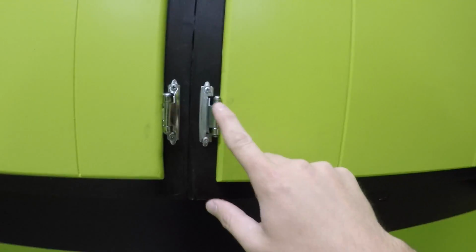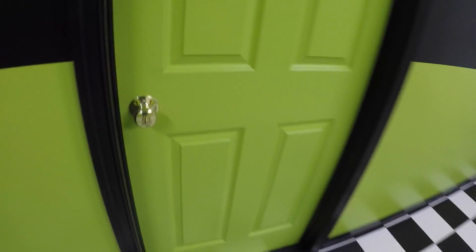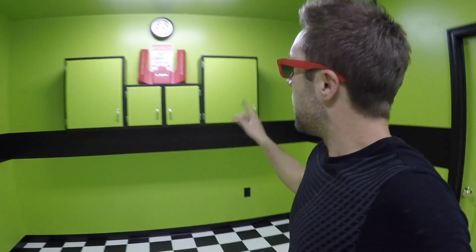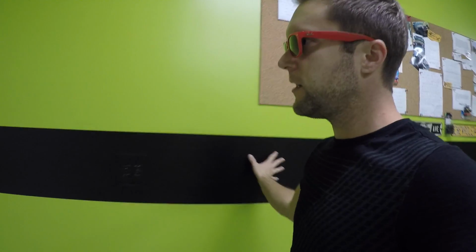And the only thing I'm going to do is really change this hardware here to black because it looks kind of weird with the silver. And I'm also going to get a black door handle here just to take in all the black and green theme. So once we hung the cabinets up, I then taped off this to do the black strip here,